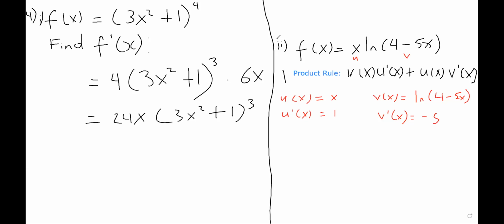Cool. So now that we have all our values, we can plug them into our equation in order for us to get our answer, right? So I'm just going to change the color again. So now we can say